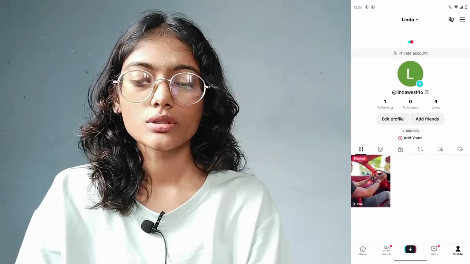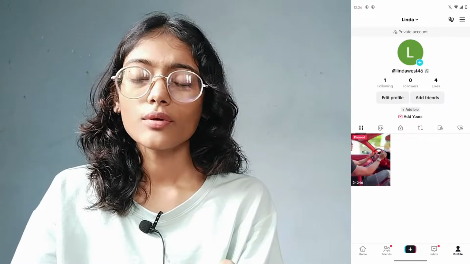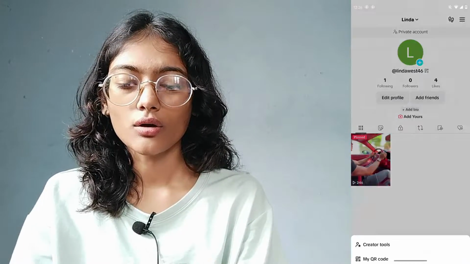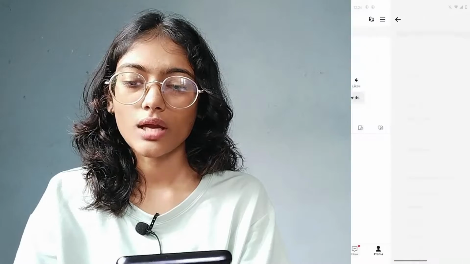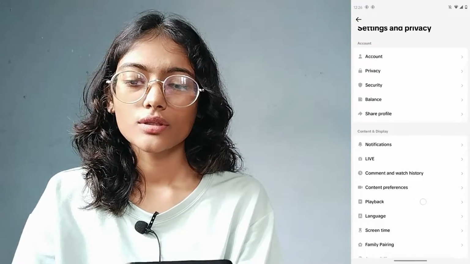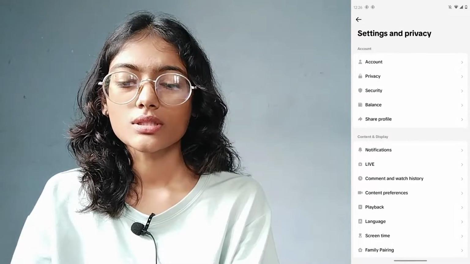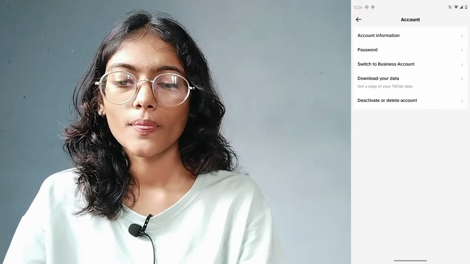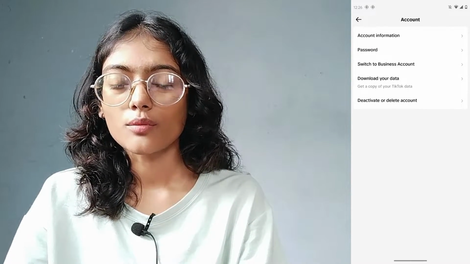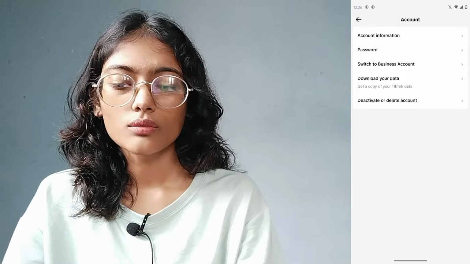So what you have to do is simply go to the upper right corner, which has the three bar icon, and then go to settings and privacy. And after that you can simply go to the first option, which is account, and here you will have a bunch of options. So you can go to download your data,